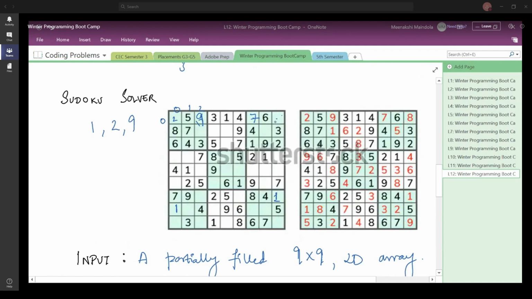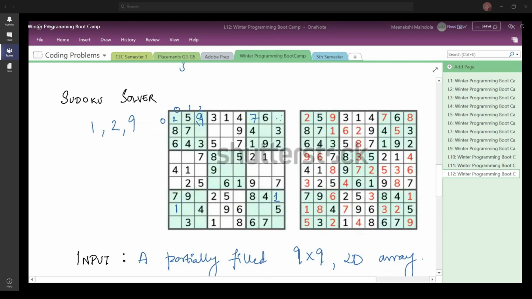Try again on a different cell, starting from 1, going on up till 9. If you start from 1 and go on up till 9, there will be at least one element that you can fill in this particular cell. Now, say for example, you filled the wrong data in the cell. It is possible that at that particular time you will be able to move ahead, but at a different place you will be stuck.